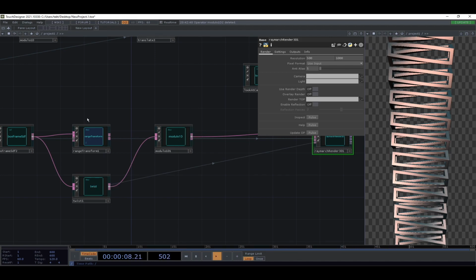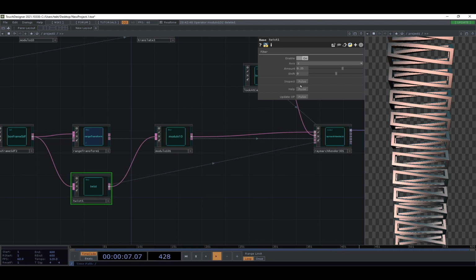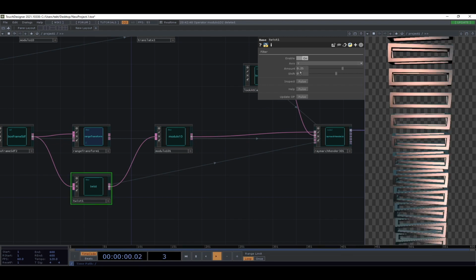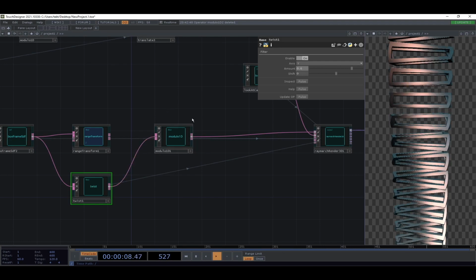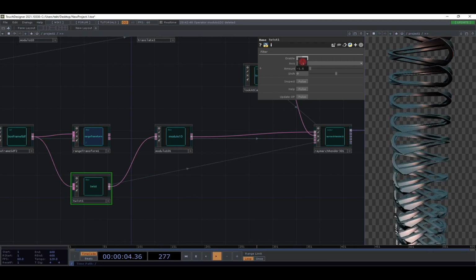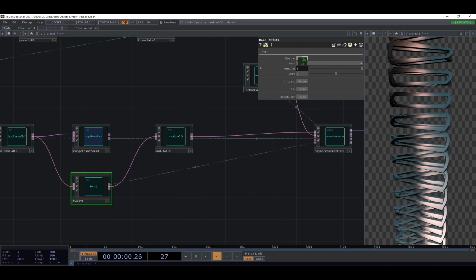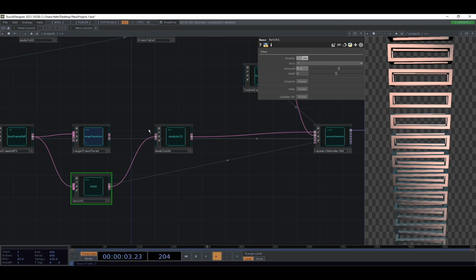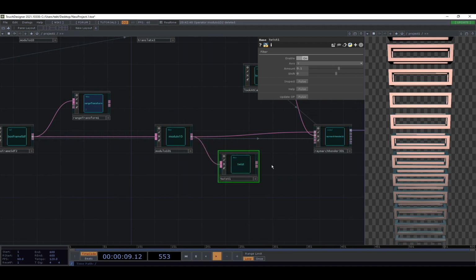because nothing upstream now is making use of the iteration, it doesn't really matter that this is setting it. They're just ignoring it further upstream. So twist, if we apply it to the y-axis, you can see that it is doing a similar thing in that it's applying different amounts of rotation, but because this is before the modulo, it is happening within the context of each unit before it tiles the space. So if you instead connect it after that,